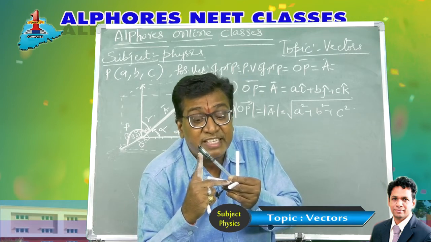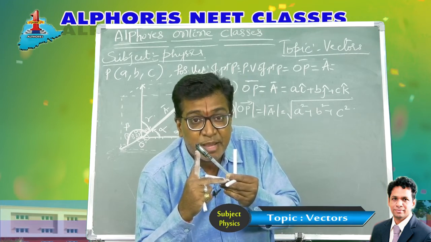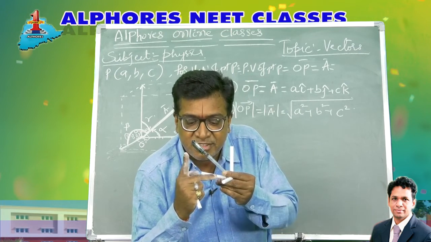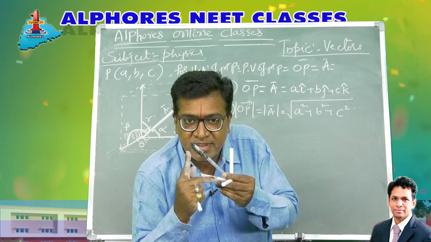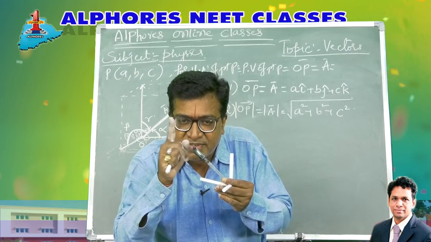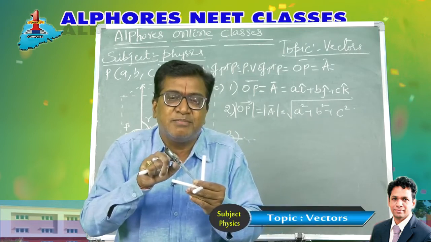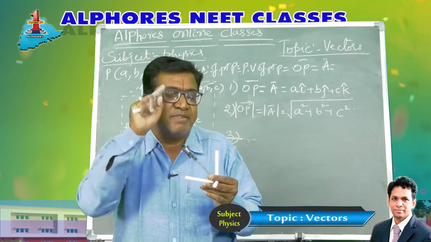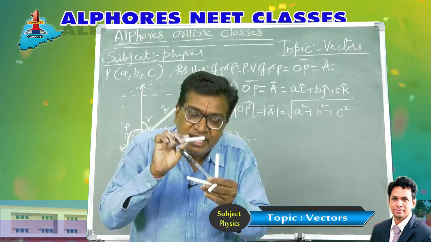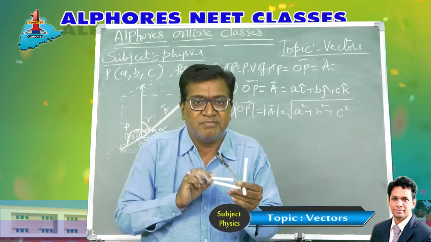Our position vector is the hypotenuse of these two. So it is root of this square plus this square. So it is under root of a square plus b square whole square, the root and square cancel, plus c square. So this comes out to be a square plus b square plus c square. So please imagine this is under root of a square plus b square plus c square.